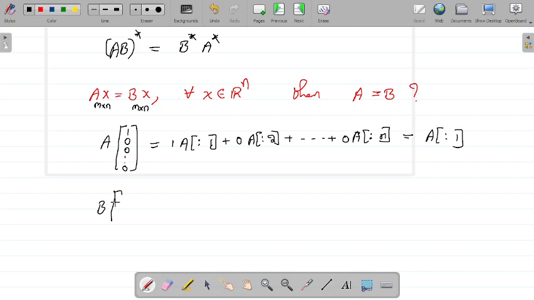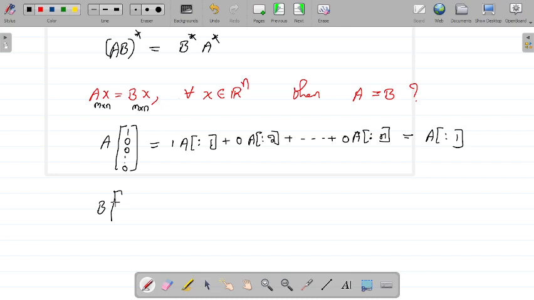And you can see one more advantage with this column wise matrix multiplication. So let's assume I'd like to calculate A into B, where let us assume that matrix multiplication is possible. I mean A is a matrix of size m by n and B is a matrix of size n by p. So here matrix multiplication is possible.